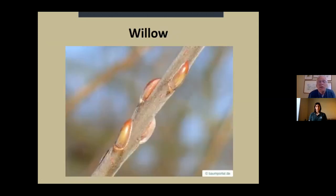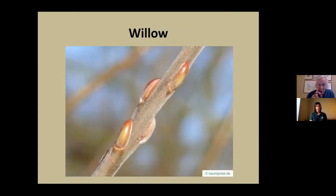Willows are a confusing group, but recognizing the group isn't difficult, and we can at least look at a couple of common species within the group of willows. If you look at willows closely and look at the buds, at first you don't see any bud scales because there's only one scale and it covers the entire bud like a sock. So there are no seams, there's no valvate scales like praying hands, or no imbricate scales like shingles. Rather, it's just one scale, and this scale will either just loosen at the base and push off like a sock,